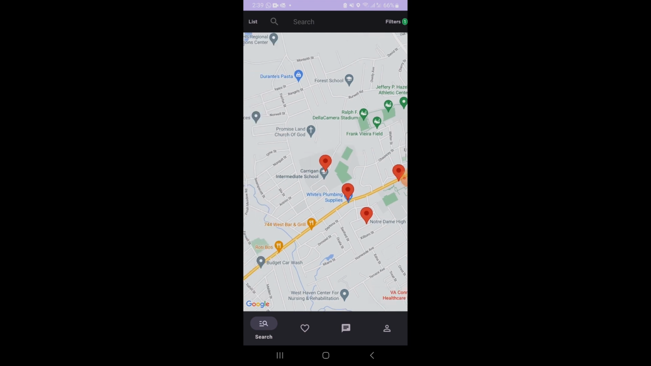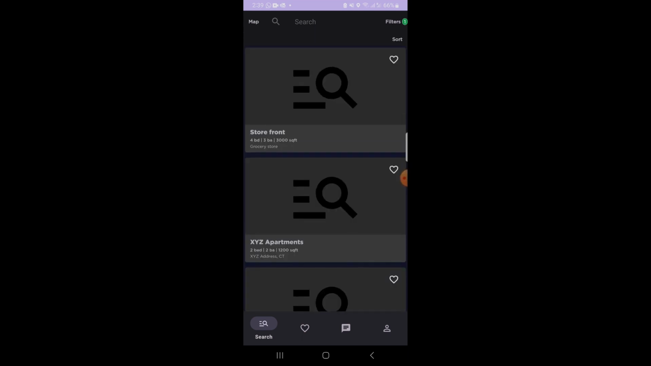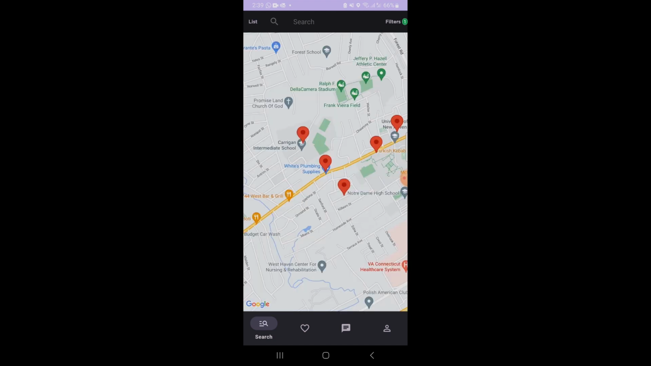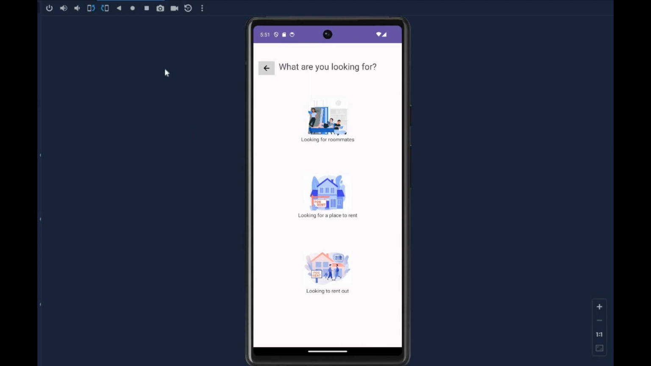We have a filter button on top right, and this is to help filter the different listings here, and all of these are fetched from the database. Or apartments. And then if you are willing to add your place to rent it out or you want to